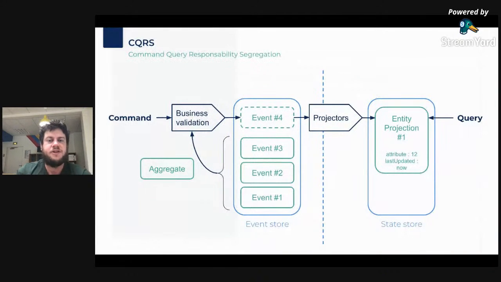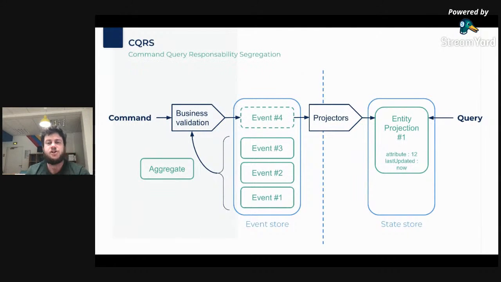Before we go to the concrete implementation in AWS, let's go to the final pattern of this application, which is command query responsibility segregation, which works very well hand in hand with an event source system, where you split your command model and your query model. So all the things that you do with your application that will affect the state of your application are called commands, and all the things that do not have side effects, that do not update the state, are queries.